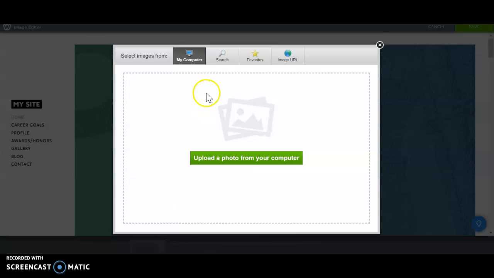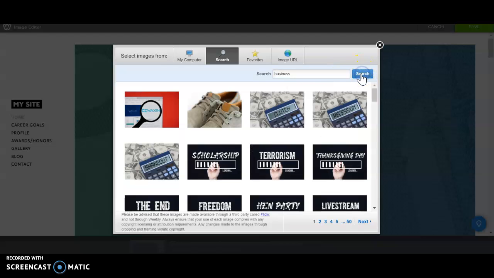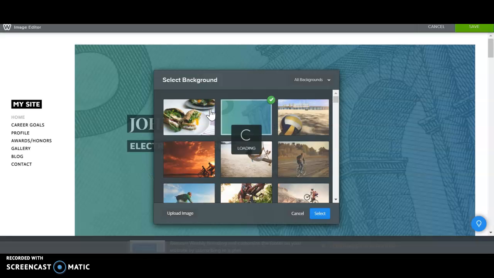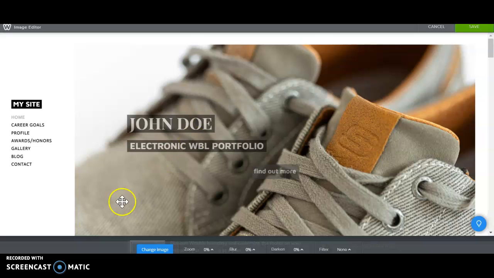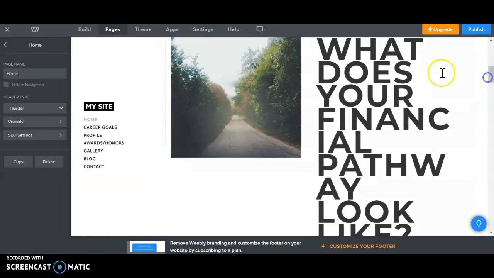Upload an image. I'll hit search, and I'll just do business. I'll do just shoes and out of the Entrepreneurship Club. Hit save and delete all these other